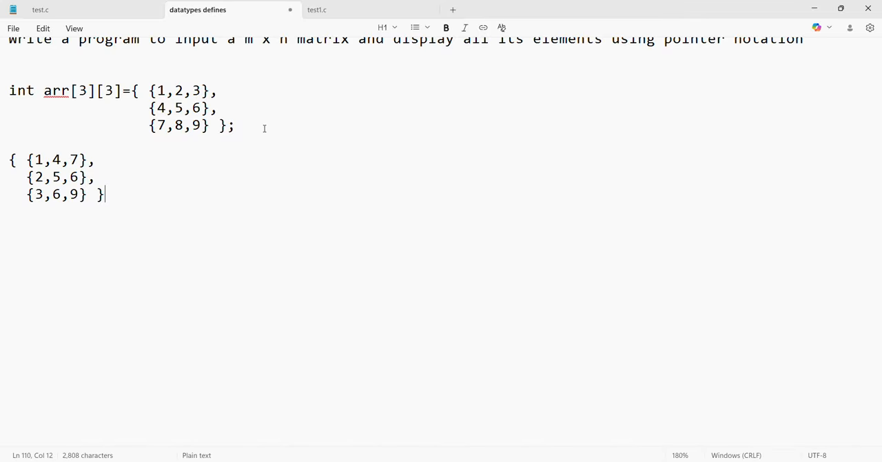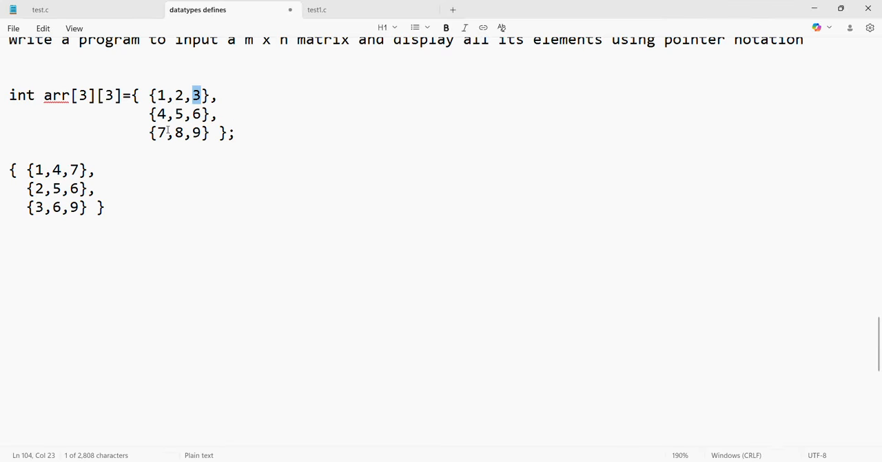For that, I need to take this element first, and I need to swap this element with the next element. Hope you understood. So I need to take this one and swap it with this. And I need to take this and swap it with third row, first column. And here it is first row, third column. So likewise it is going to be,